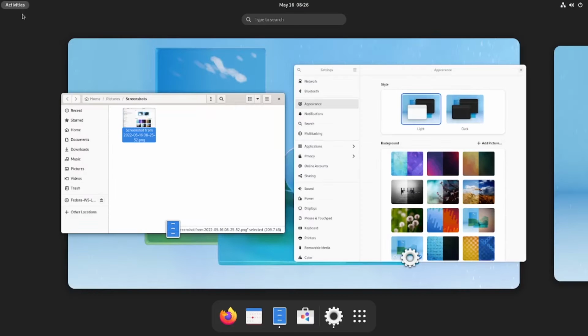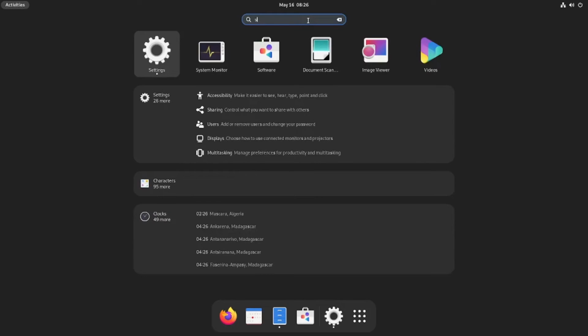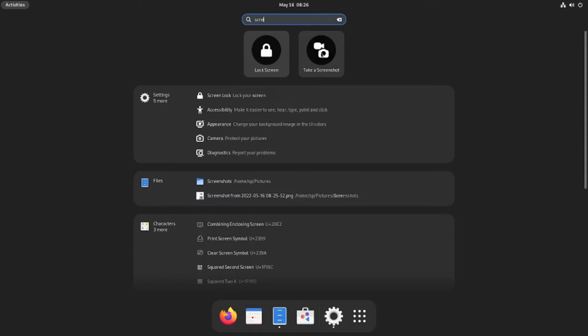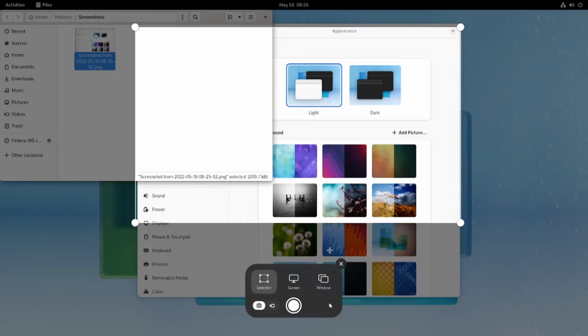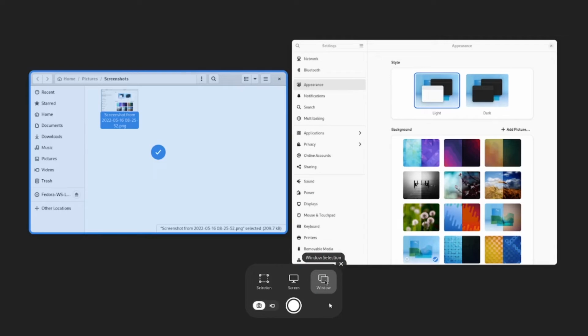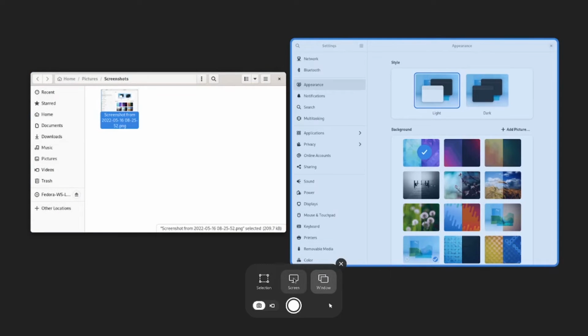I will try again. It's interesting. I will try to window. Okay, we can choose which window that we want to capture. Screen.